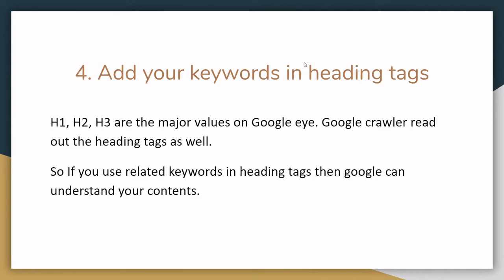So our next technique is to add your keywords in your heading tags. Heading tags are called H1, H2, H3 tags. While you are adding heading tags, I recommend you add a table of contents in your content, because then your H1, H2, H3 tags form a list, which is helpful for the search crawler to see what type of content it is. If your H1, H2, H3 tags have the main keyword that you focused on, then the Google crawler easily understands